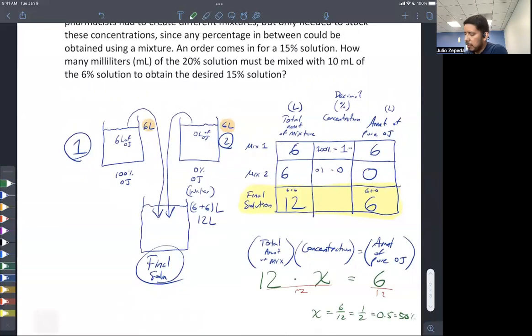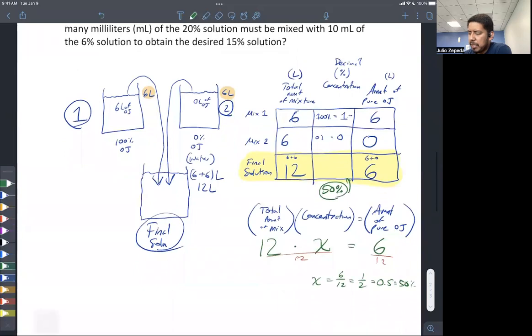And hopefully that was pretty clear, that that was going to be a 50% mixture in this case, because we added equal quantities, 6 liters and 6 liters of 100% and 0%. What's going to be in between 0 and 100? That's 50%. So actually, let me delete that 50. Yeah, that 50% is going to go in there. And we calculated that. Okay, so hopefully that example wasn't too hard to understand. It was made to be simple in a sense, so that we could understand the idea. And we're going to use this kind of idea here